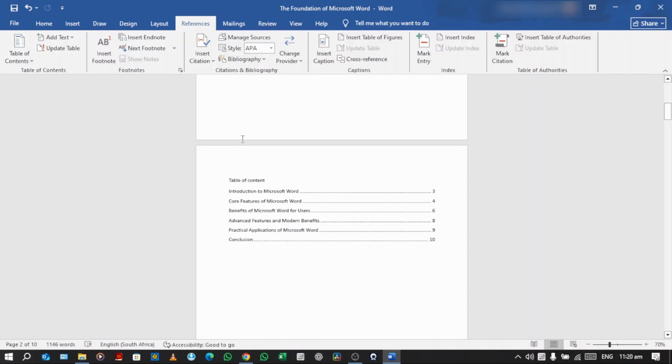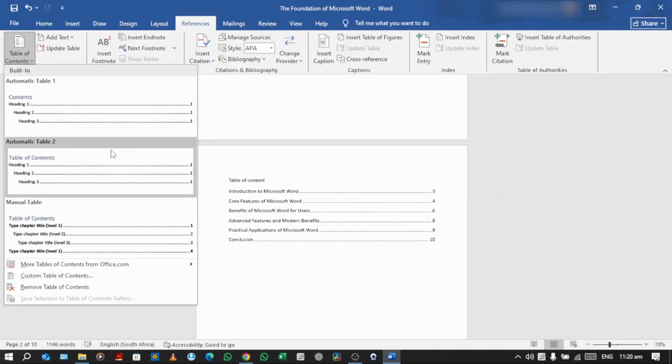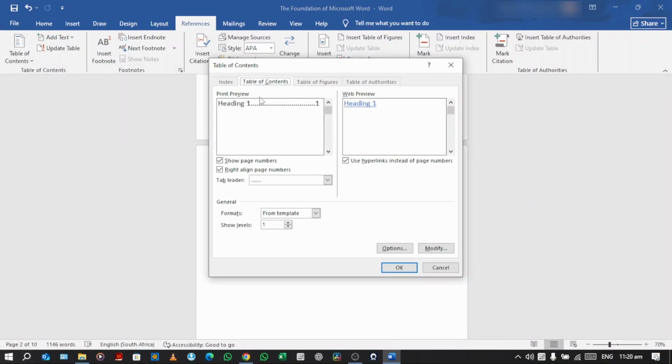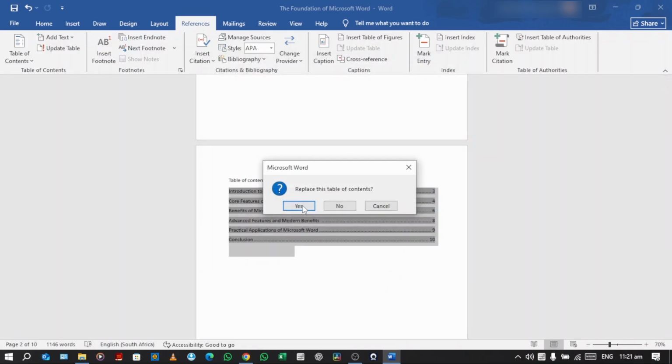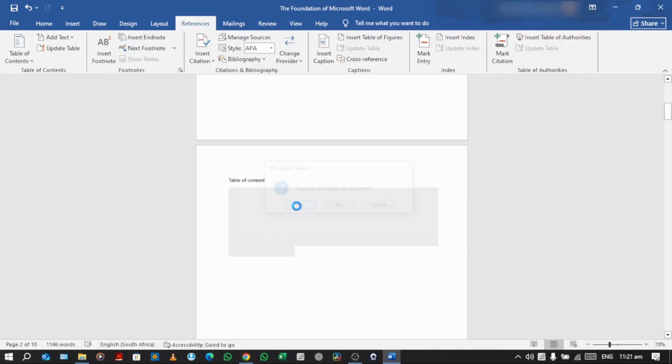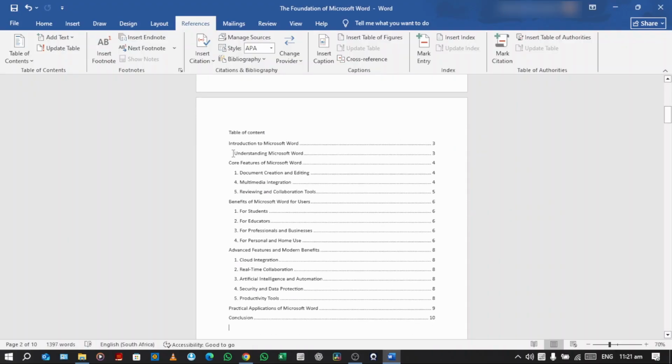And then if you want your heading 1 and heading 2 to be shown on the table of content, you have to come back here and then click again custom table of content, and then this time you have to change your levels to level 2, and then we click OK, and then we click yes to replace the table of content. And then you can see now that your heading 1, which is your main title, and then heading 2, which is your subtitle, are both shown on the